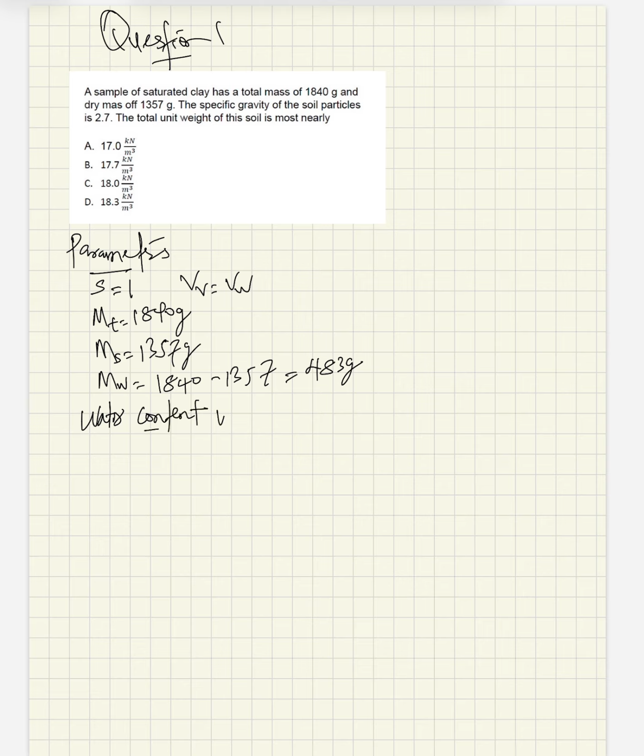So we can get the water content. Water content equals the weight of water over the weight of dry soil, which is 483 grams over 1357 grams. With that, our water content will be 35.6%. Since we know the water content and we know that S equals 1, and the question says the specific gravity Gs equals 2.7,